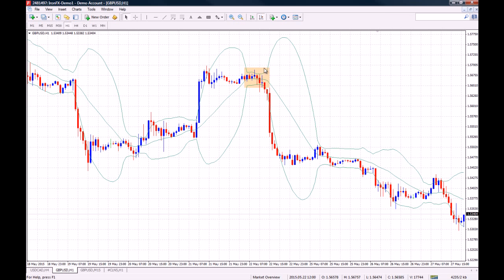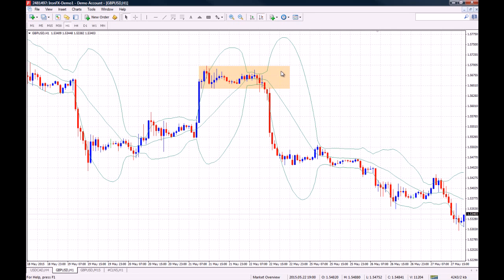So every time we get a squeeze, or when the bands contract with each other, we are going to take a close look because we are going to wait for that explosion, either to the upside or to the downside. Remember that this is not a directional tool, it only shows you volatility in the market. So this is a clear and very good example of what we need to do, okay? First of all, you need to